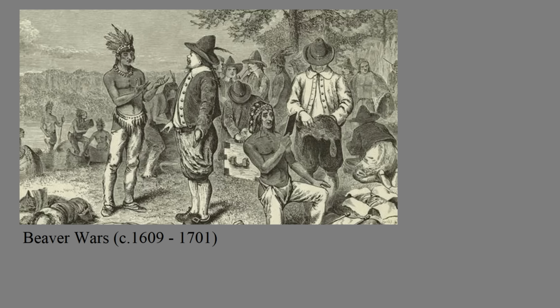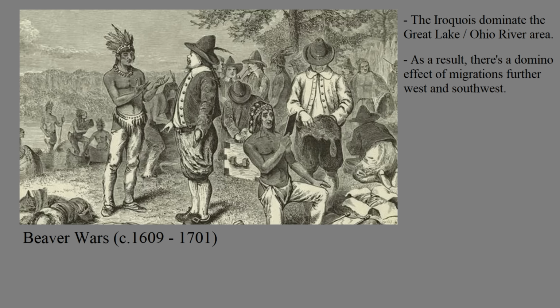So in the 17th century, they decided to basically beat up all of their neighbors from upstate New York all the way to the Great Lakes, setting up almost like a quasi-empire of sorts where they had first dibs on hunting grounds in the entire Ohio River Great Lakes area to monopolize their control on the beaver pelt trade, yada yada. And as you can imagine, many tribes didn't want to put up with that, so this caused a massive